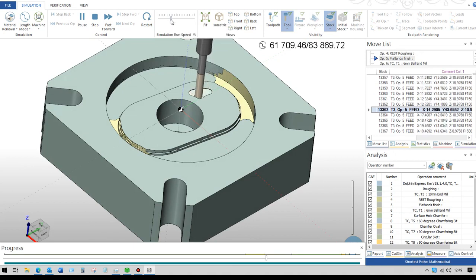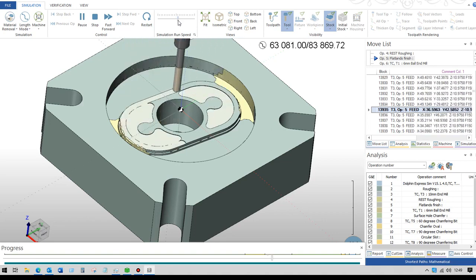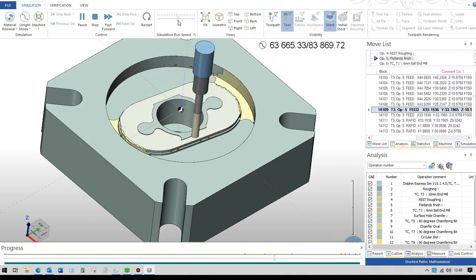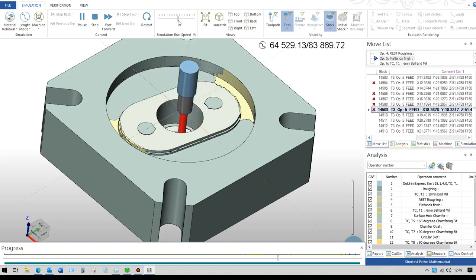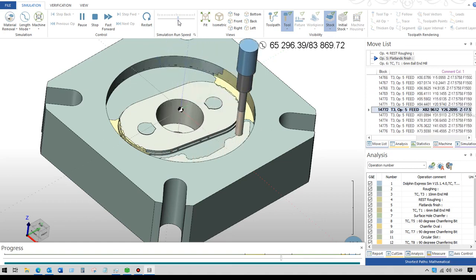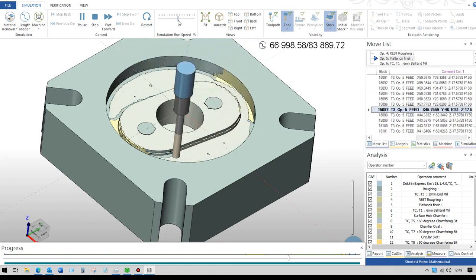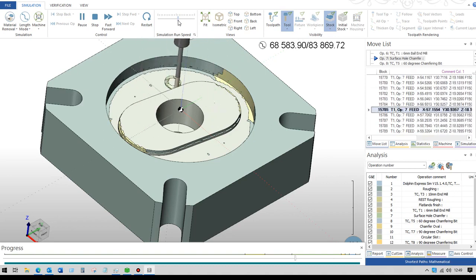This is now the flatland machining, the flat areas to finish those off, and by adjusting the sizes here we could get it to do the flatland across the top surface as well. So this is doing the